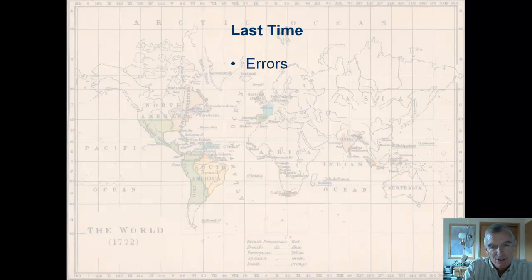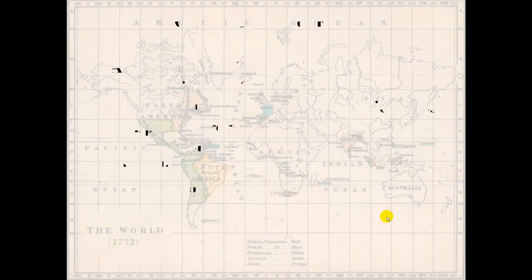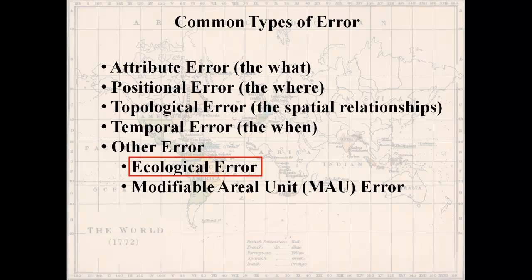So enclosure and adjacency, they're about polygons. Connectedness is generally about lines. So remember those things and how they apply to errors. Okay, so now we're getting towards the end. We're going to talk about two other errors, which maybe aren't errors, but they end up causing misperceptions on people's